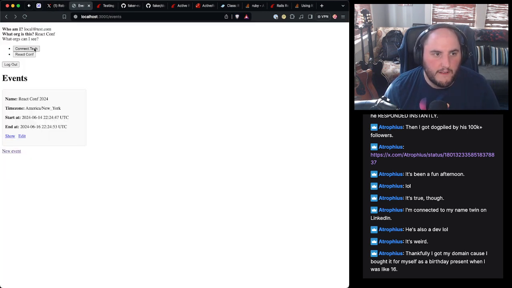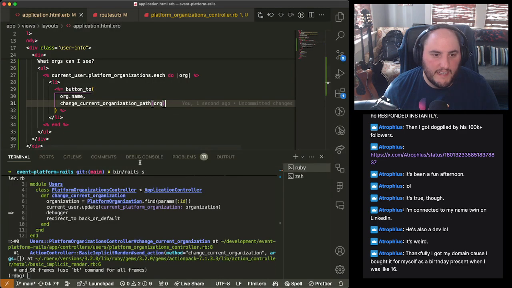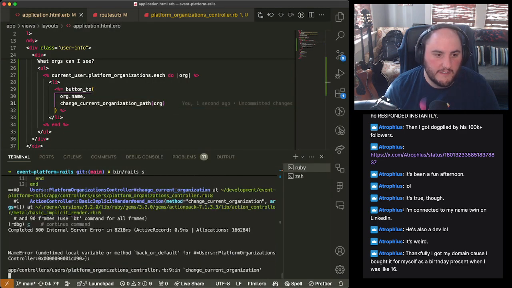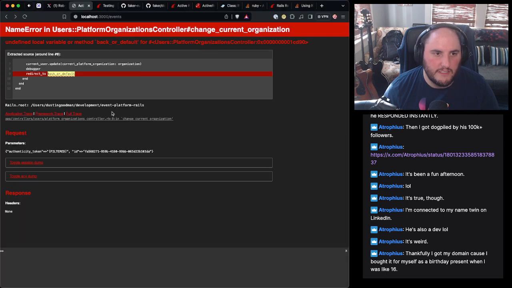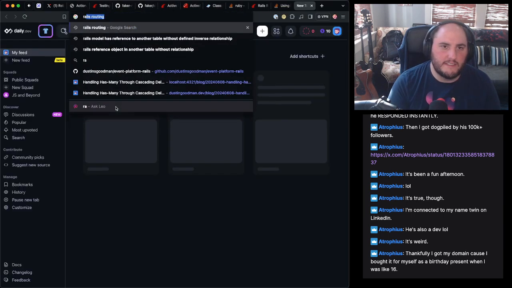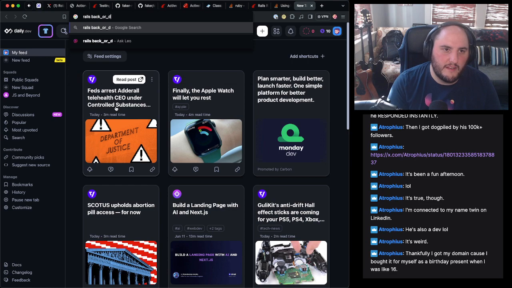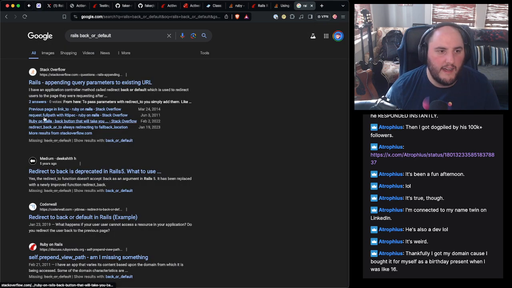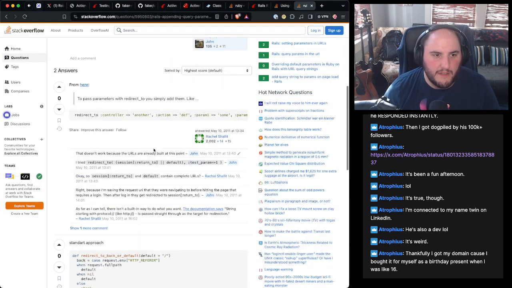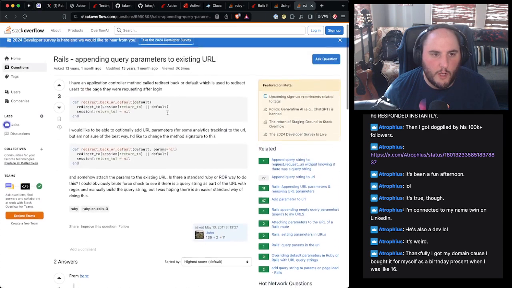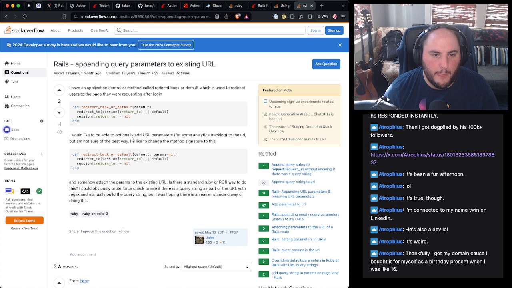So, these are now buttoned. We can talk about styling later. But now you can see we did a post request. It's stuck because it hit our debugger. And it's mad because the back default didn't work. Because I think I remember this existing, but I think we might have written a custom one.